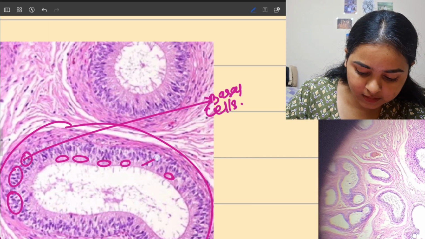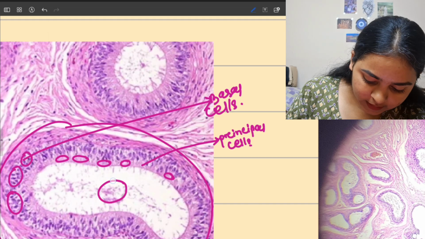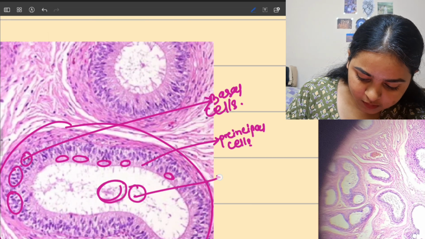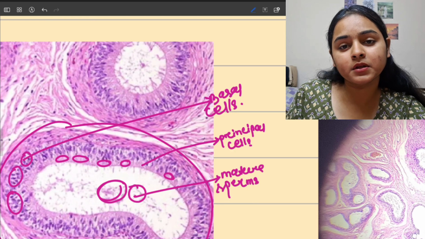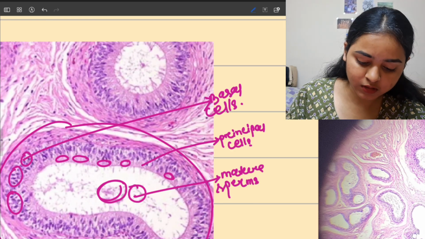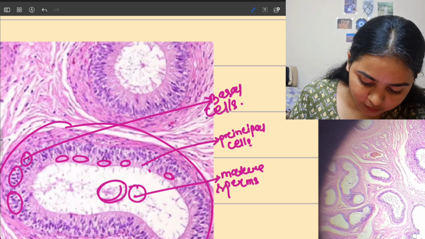These are the principal cells present. These are the principal cells. And in the lumen, these are the mature sperms present. These are the mature sperms, because it is the function of the epididymis to store the mature sperms. So in the lumen of the tubules of epididymis, these are the mature sperms, and towards the lumen, can you